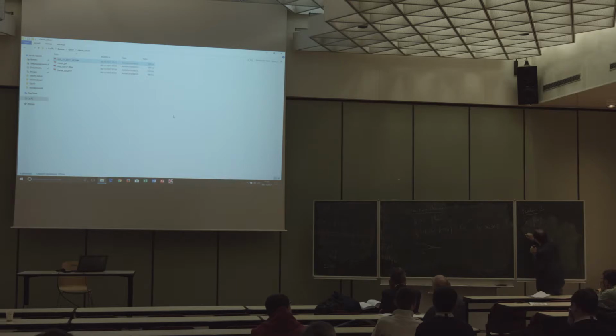So x of 0 is unknown, and I would like to have an estimate of x of t, the internal state of the system. So how can I do that? Well, if f is a contraction, it's not very difficult, because I can take any